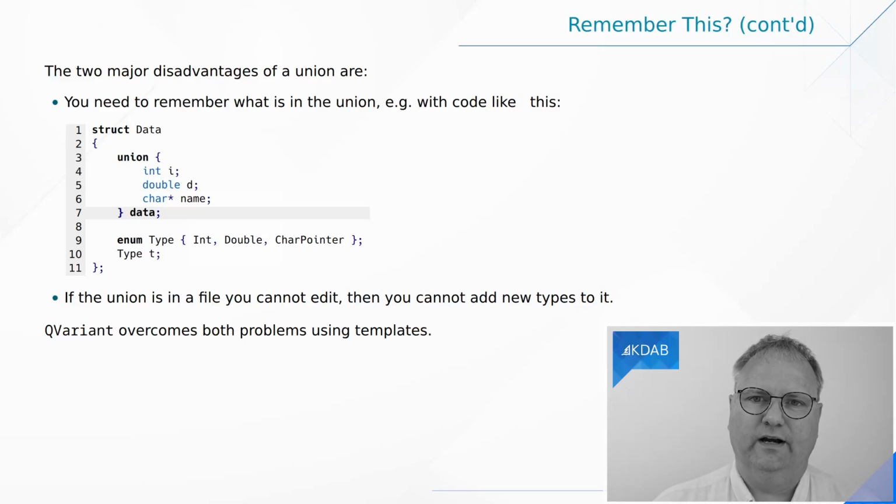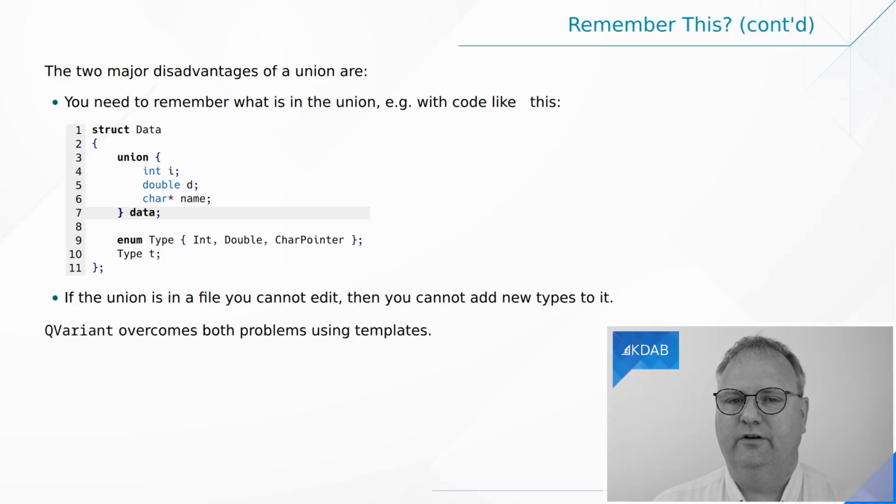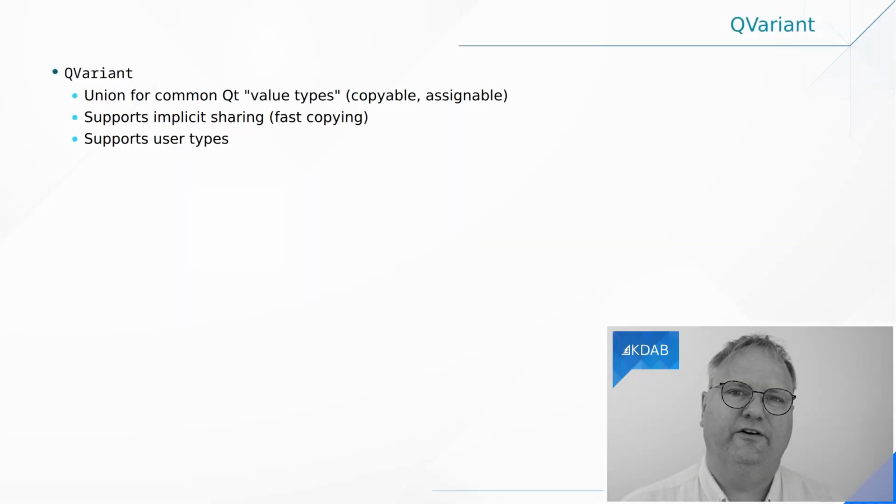And that is where QVariant enters the stage. So QVariant is just like a union with those 2 flaws solved. The way that it does it is that it implements a union using some template stuff in C++. You don't need to really understand that, but you'll see a template here and there when you work with unions. So first of all, you can go to a variant and ask it what data type is in there. And second of all, you can get your own data type into the QVariant.